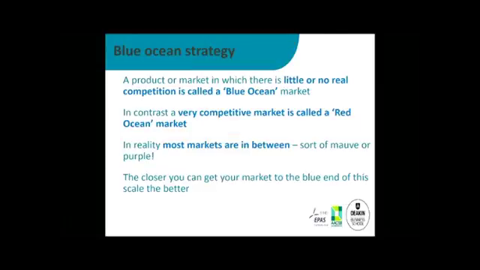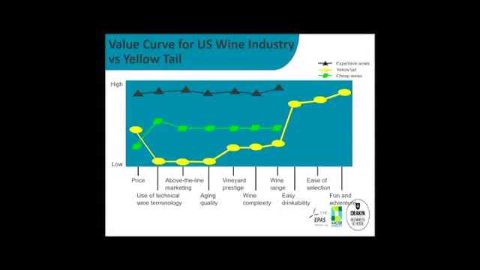So that's Blue Ocean, the bit out to the right. We talked about Blue Oceans. It's non-contested. If no one else is doing it, then you get free rein. If another company comes in and they call themselves Greentail or Redtail, and they do a little bit better in easy drinking, easy selection, fun and adventure, then they completely destroy Yellowtail's competitiveness because they don't have anything else. So it's got to be a Blue Ocean where it's not contested.